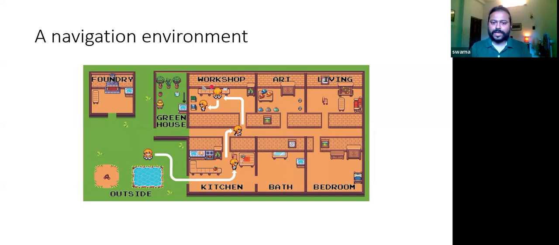The number of objects in the kitchen is different from the number of objects in the hallway. Also, this environment is partially observable. Initially the whole environment is not known. The agent can see only its immediate surroundings. Once the agent goes to a different room, let's say the kitchen, then it can observe what's there in the kitchen. At the beginning, it doesn't know what the environment is all about. All these things make this environment very challenging to solve.